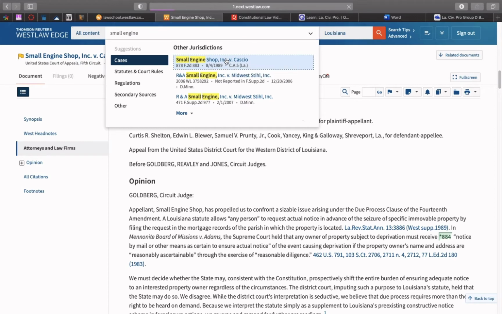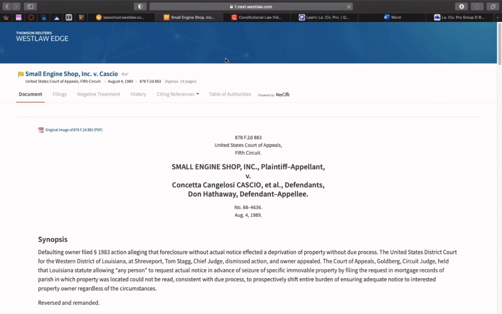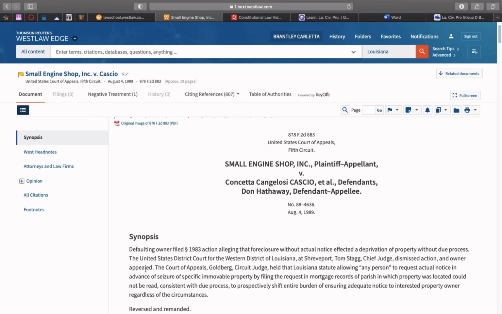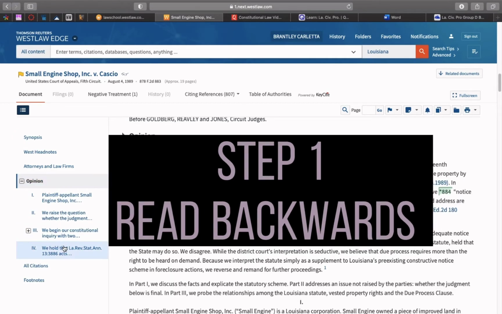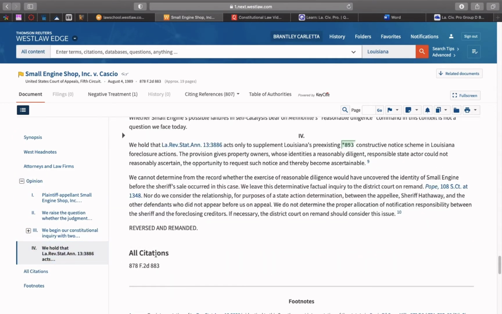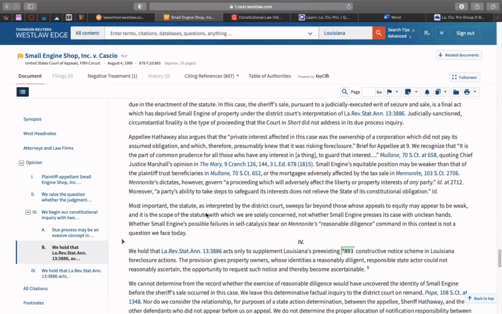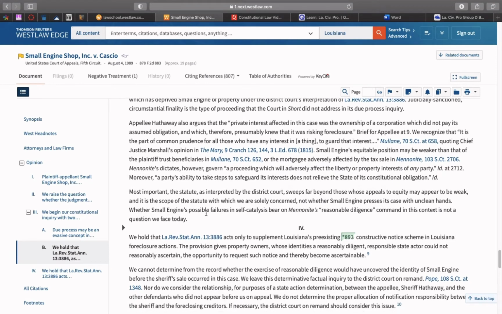If you don't know how to search for cases, it's pretty simple. It's just like searching for anything on Google, and it's just gonna take you to the case. So what I would typically do is read backwards. That means I'm gonna go down to the bottom of my opinion and read the conclusion,